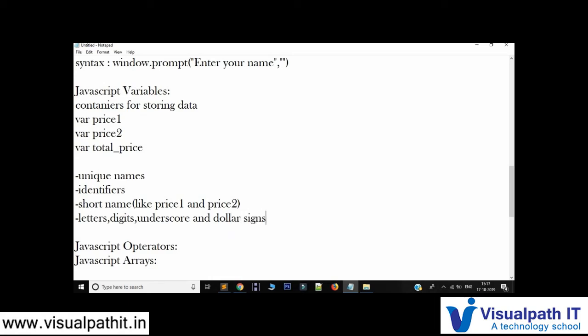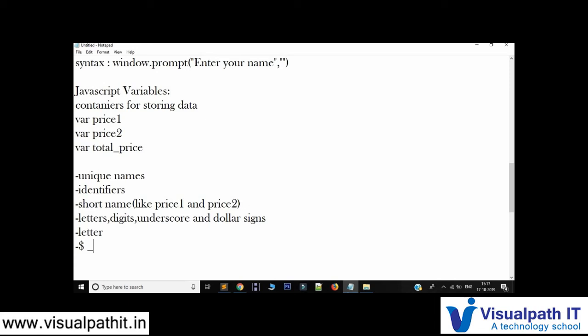Apart from this, please don't use any of the other special characters. The next rule is that a name must always begin with a letter. Don't start it with other special characters. A name can also begin with a dollar sign or an underscore, but we will not use that here. We will not take this into consideration now, but this is for the basics. Always start with a letter, dollar or underscore. We will not see those examples, just a simple example is enough.